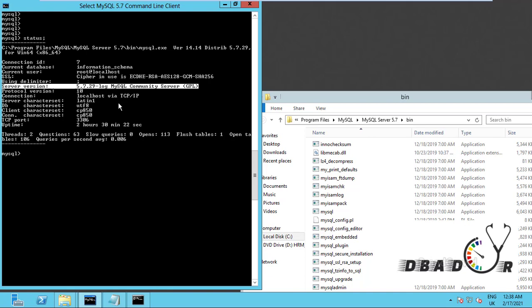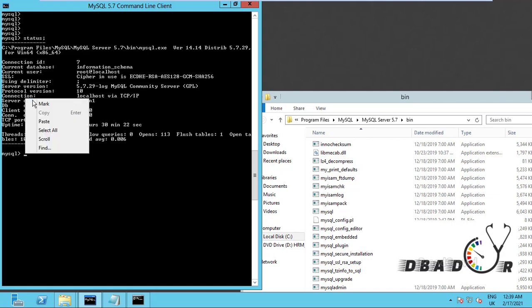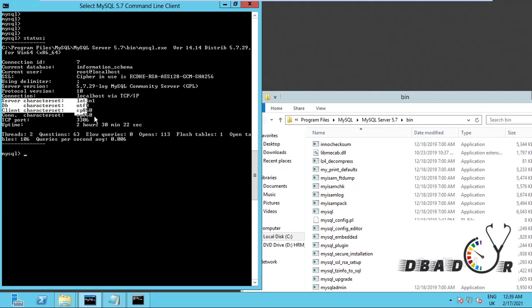Connection via TCP/IP it is connected, and these all are the languages which MySQL is using for this session. Okay, this is very important. By the time of migrations, by the time of doing any activity in real time, if you are stuck in any area for inserting or updating, or the application is not connecting properly, that time this will be a very important point to verify. Okay, and the second most important point is the TCP port.